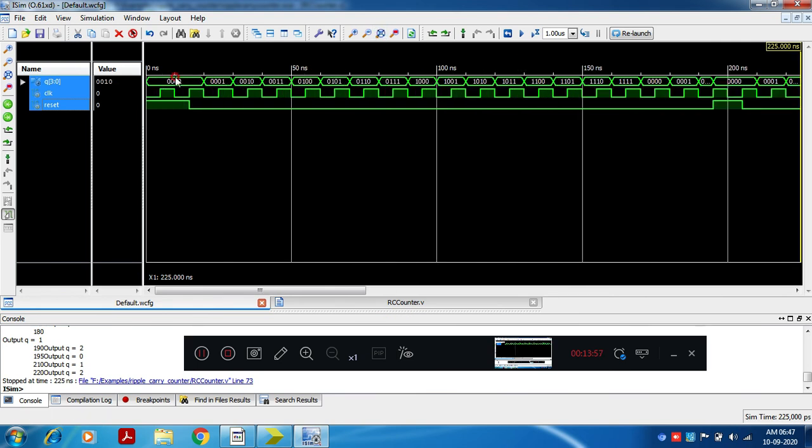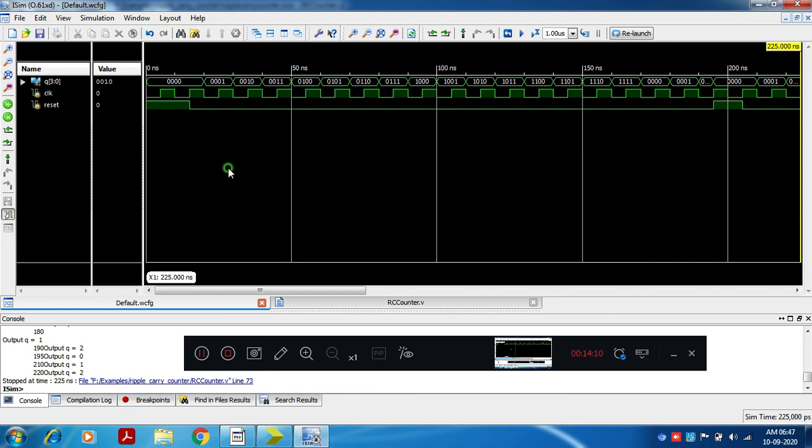You can observe the output at time 15 time units. I can use markers here.